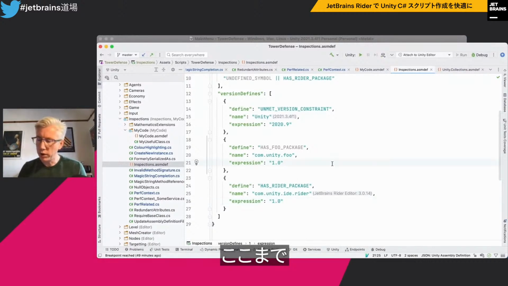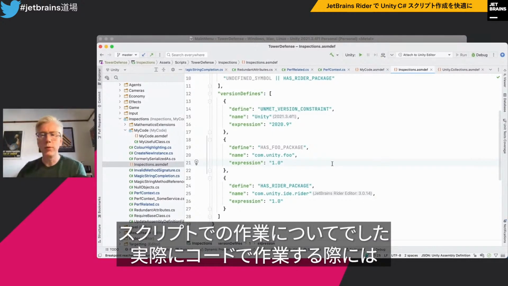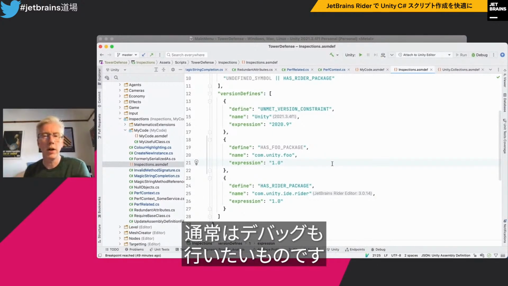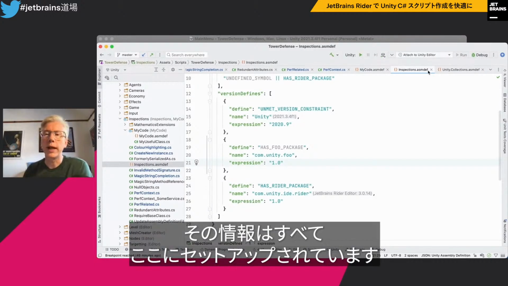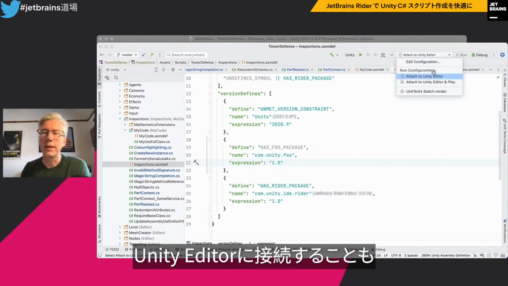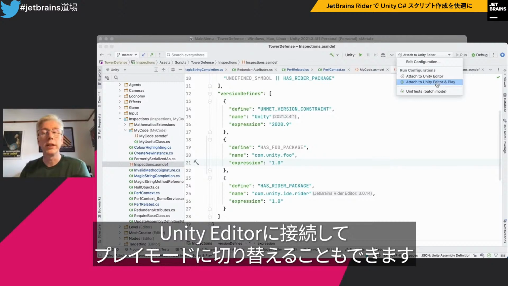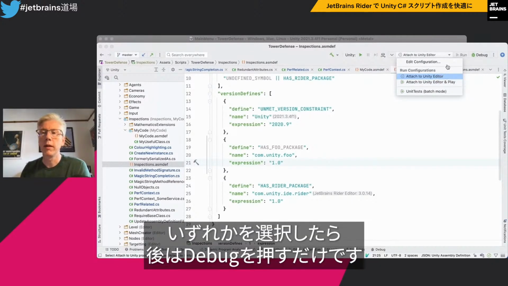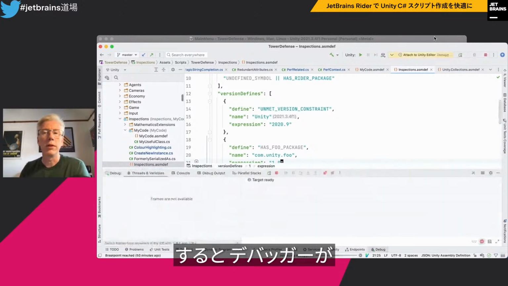All right, so that's sort of working with your scripts. When you want to actually work with your code, you generally want to do some debugging as well. And so we've got all that information set up here. We've automatically recognized that we've got a Unity project, and you can attach to Unity Editor or attach to Unity Editor and switch into play mode as well. Once we've selected one of those, we can just hit debug, and that will attach the debugger